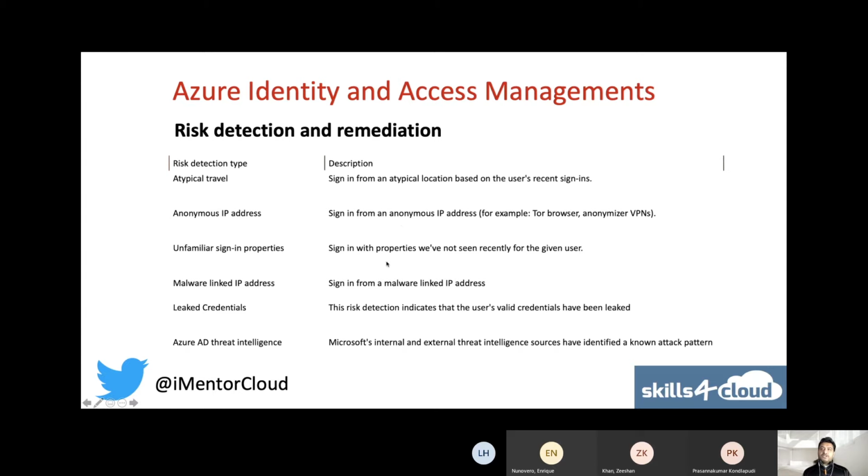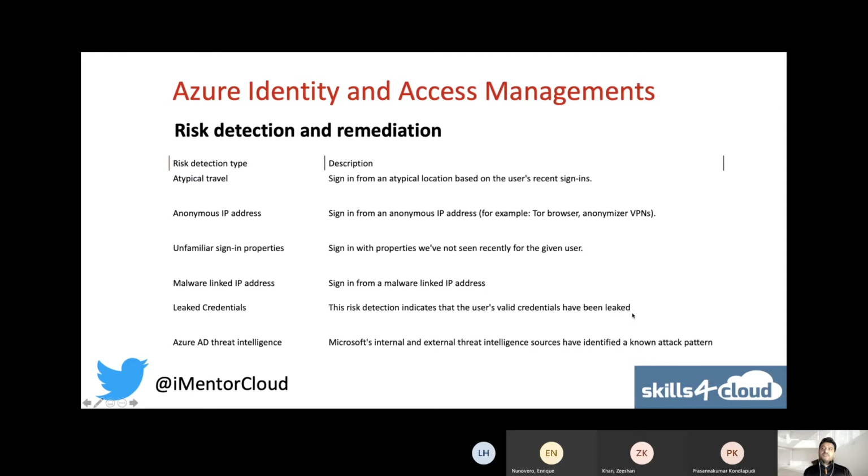Unfamiliar sign-in properties: as I said, if I've been using some product in the last 14, 15 days, and the properties for the sign-in are changed, that will trigger. Sign-in from a malware-linked IP address: again, it goes back to the malware database and it will trigger.